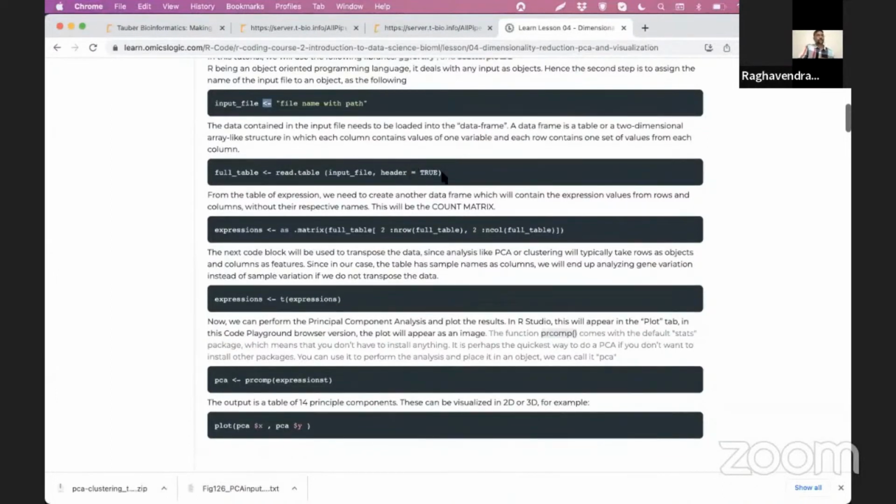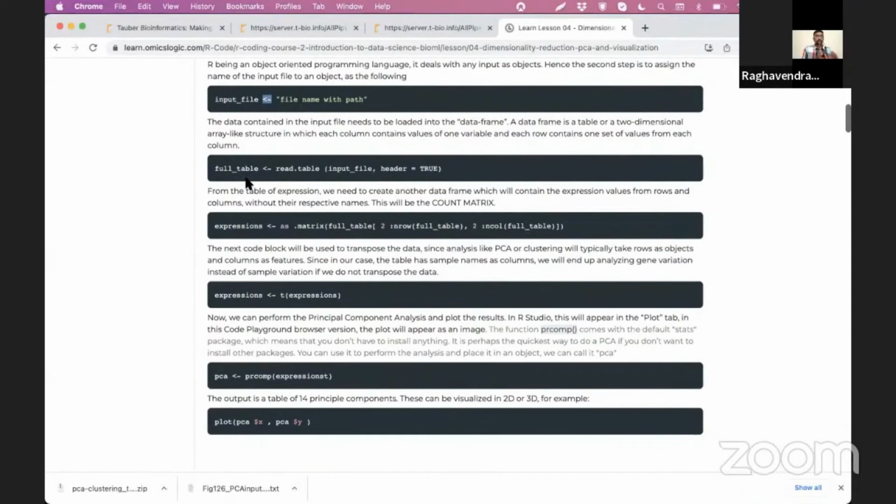And then once you have loaded the table into the object full_table, which in this case, the read.table function loads this as a data frame. So what is a data frame? You will learn much more about data frames in the sessions. So in a nutshell, a data frame is a collection of